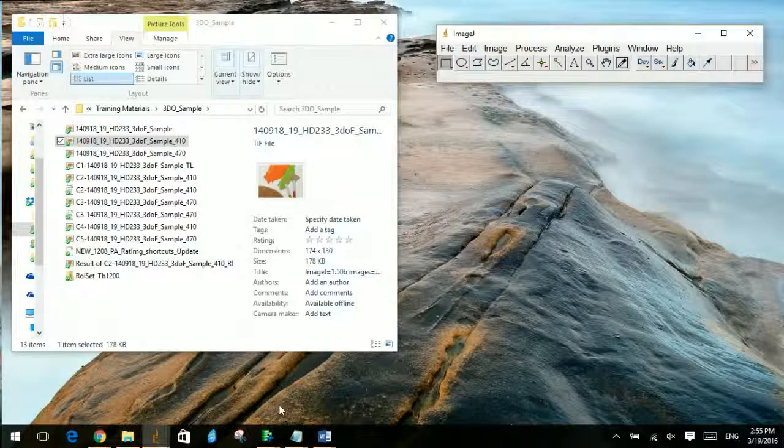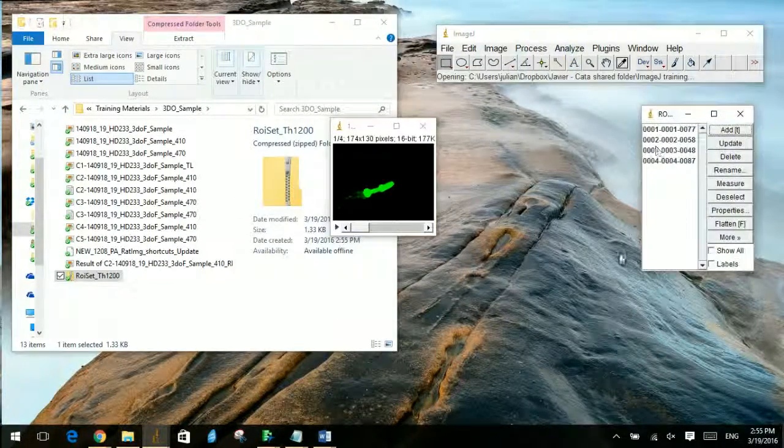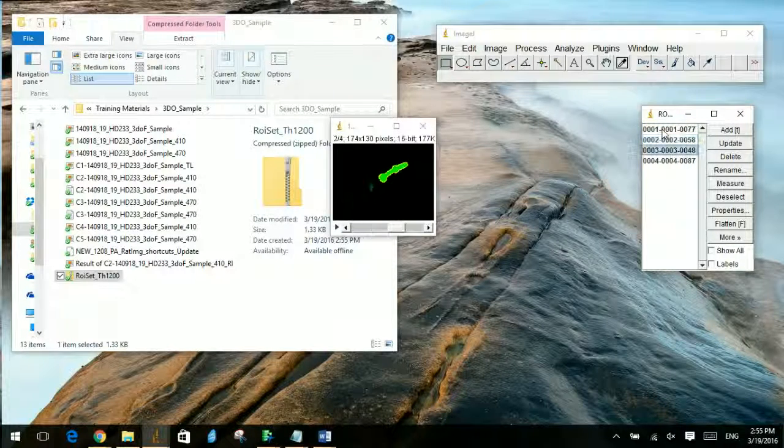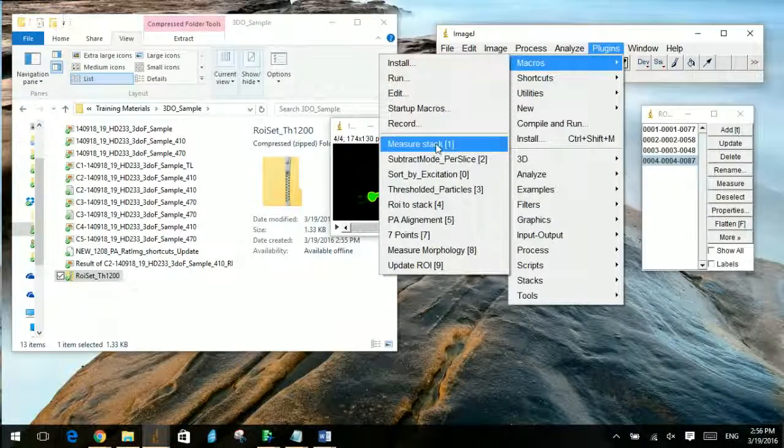So I close everything. And now I need to use this ROI set to take some measurements from my subtracted images. So here's my 410 that I just used. I'm going to open up the ROI set with it. And this time we just want measurements of the inside of this outlined region, inside of our ROI. So instead of using the measure stack